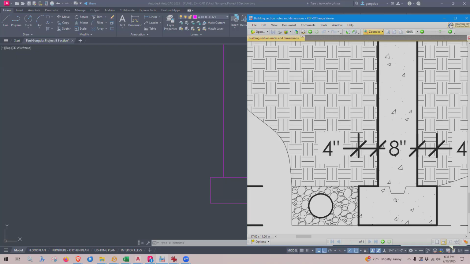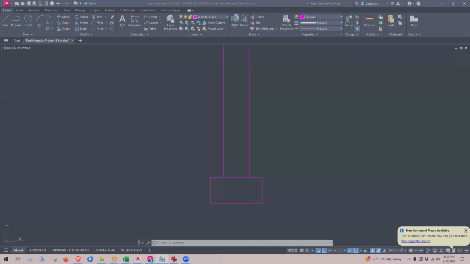And the idea is that when he pours the foundation wall, part of the concrete comes down into this footing area here, and it serves as a bracket. It actually helps to stabilize the foundation wall. So this keyway is something that we want to show. So the way I'm going to do it is